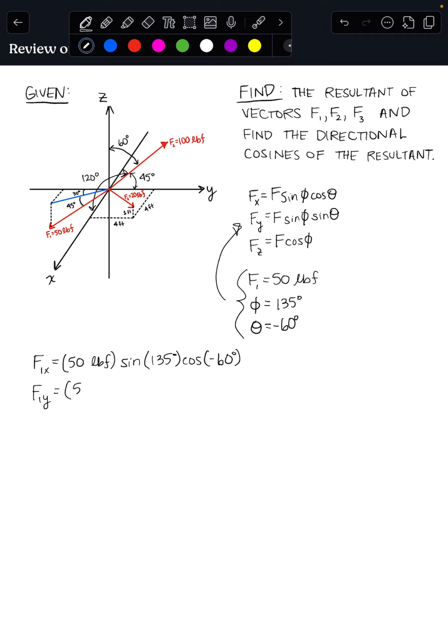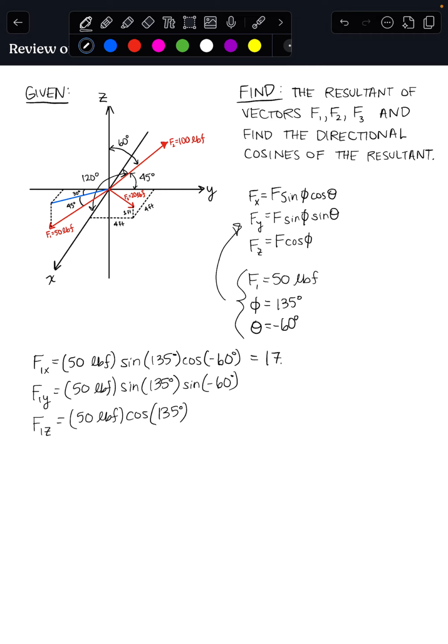F1y is equal to 50 pounds times the sine of 135 degrees times the sine of negative 60 degrees. And F1z is equal to 50 pounds times the cosine of 135 degrees. Okay, so get out my calculator, do this really fast. 50 sine 135 cosine negative 60